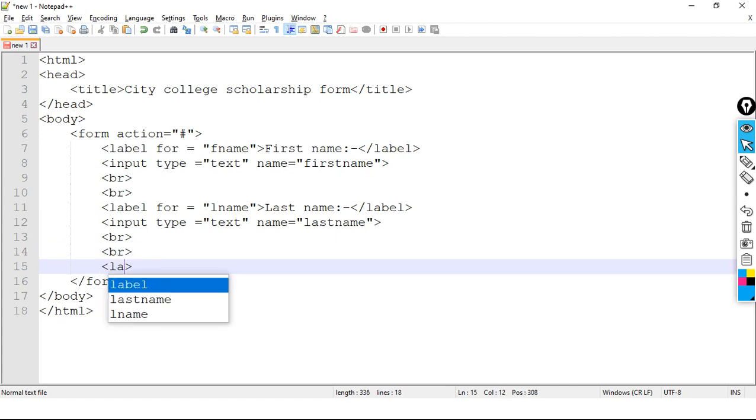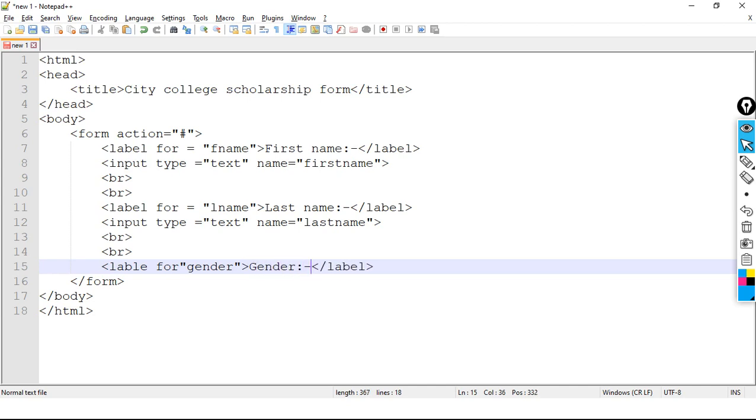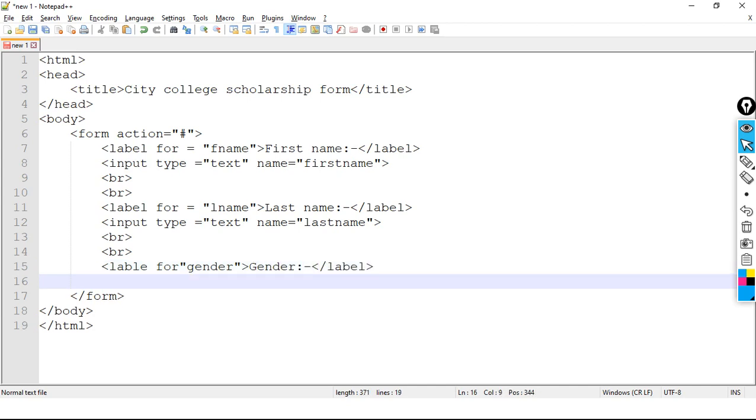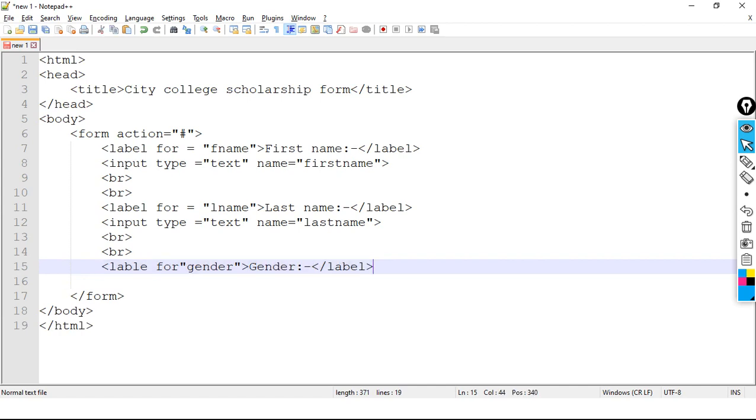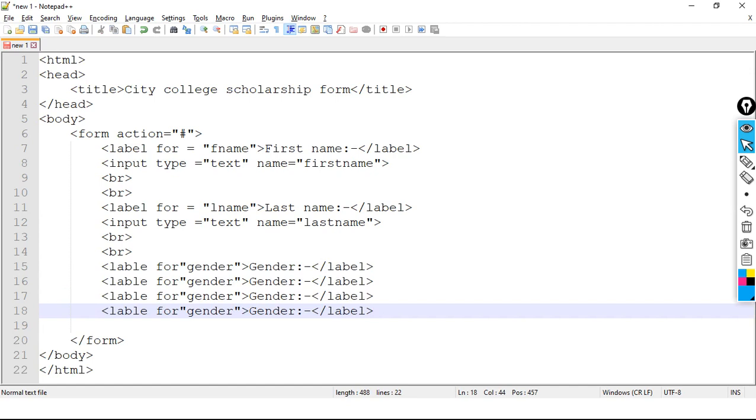Here we can take a label, closing label, for gender. So here gender can be male, female and other.